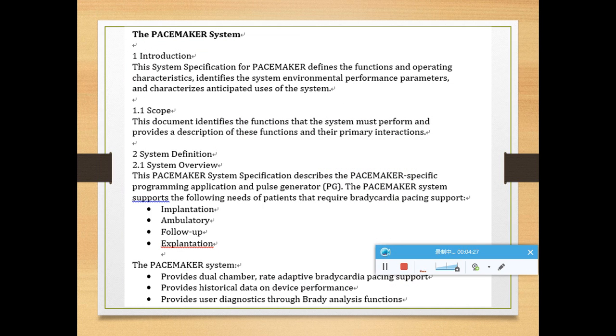And this one is an introduction for a medical device called a pacemaker. To translate this text, the translator needs to find the most appropriate words in the target language to make the target audience understand the text well.